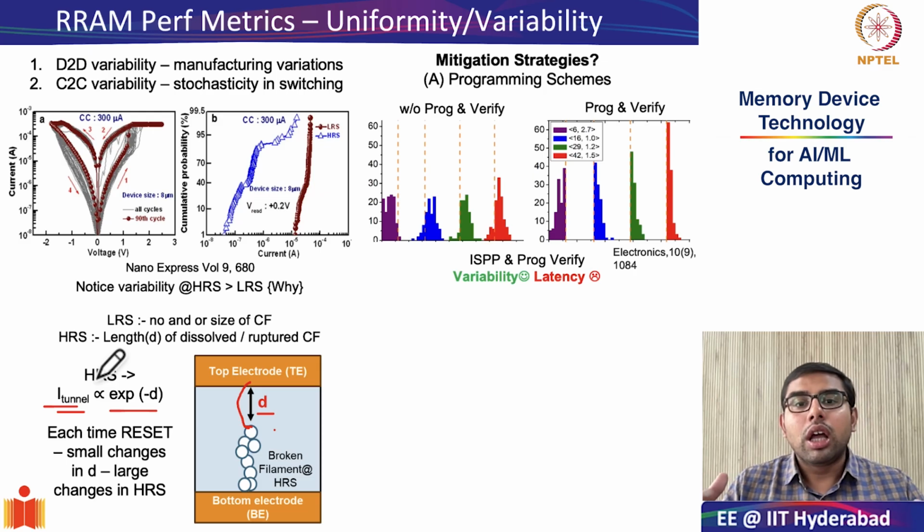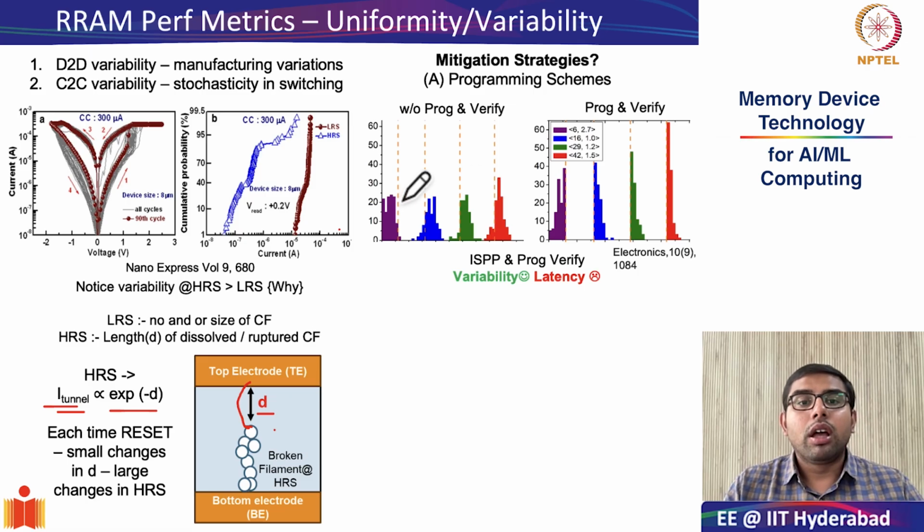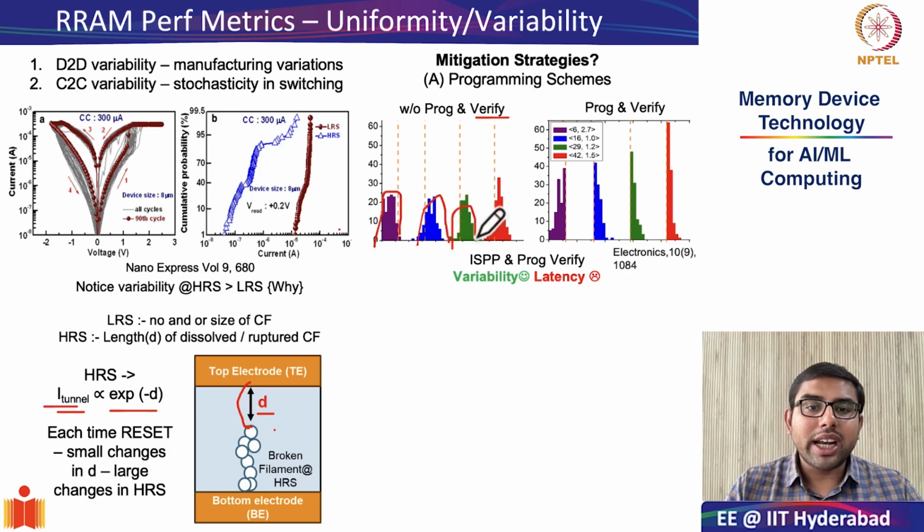This is called program and verify, or ISPP. So these different pulsing schemes significantly help reduce variability also in RRAMs, as has been shown in this particular graph. So one set of RRAMs, this is an MLC RRAM having 4 states, as you can see, 4 states translates to 2 bits. So this 2-bit memory, when you do programming without any verify, you see that there is a large distribution between neighboring states, and the gap between neighboring or subsequent states is also very tiny.